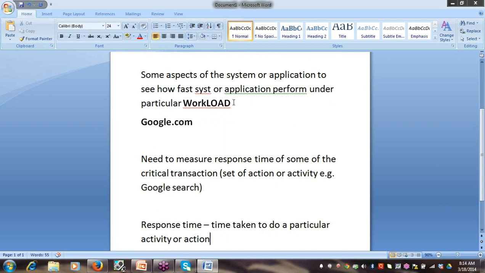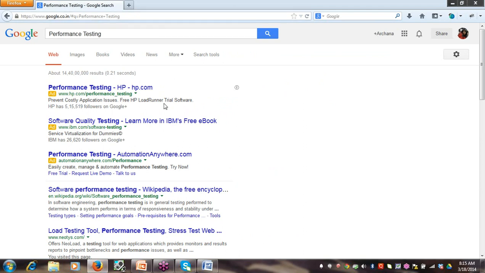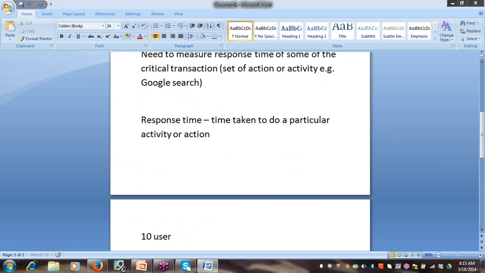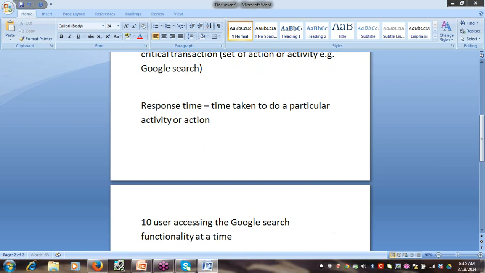Now, what is workload? Right now, only one user is accessing a particular application. But suppose 10 users are accessing the Google search functionality at a time.